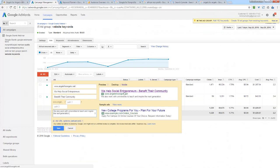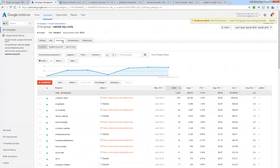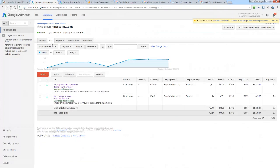So the purple part is the headline, the gray part is the description. So you figure that out, and you add a couple ads to Google AdWords, and the rest is pretty much done automatically. Now the way this works is when someone Googles university news, it's going to look at your account, figure out how much you're willing to bid per keyword, and with Google AdWords, the max for that is $2. And then it's going to look at your ads and see which of your ads would best fit that keyword